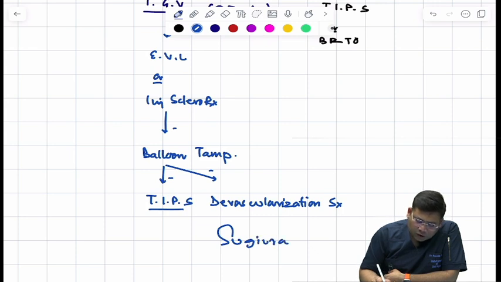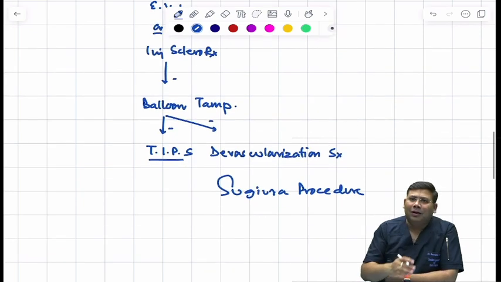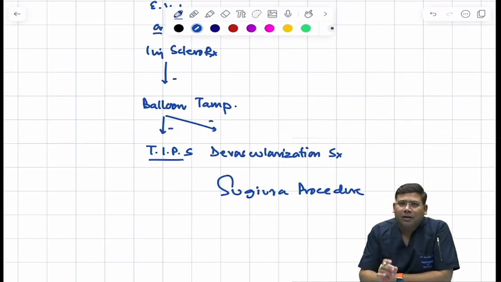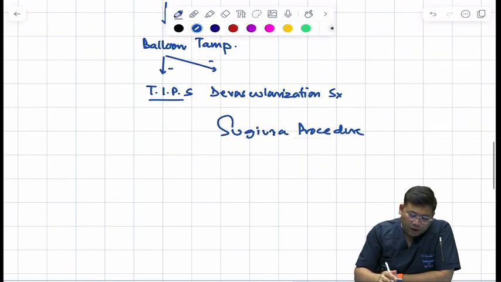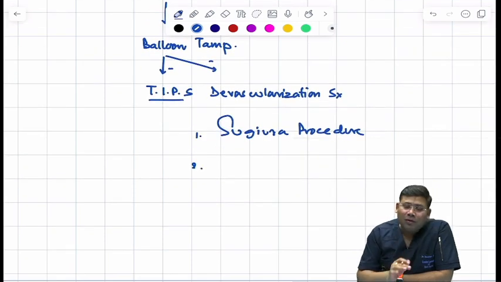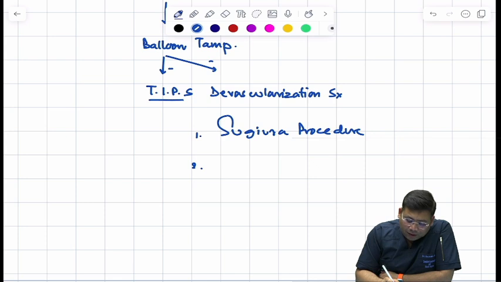So we have a Sugiura procedure where we devascularize the majority of the lesser curvature, the complete greater curvature, and the distal 7 centimeters of the esophagus, along with a parietal vagotomy, that is, a highly selective vagotomy. Nowadays there is one more thing that is known as